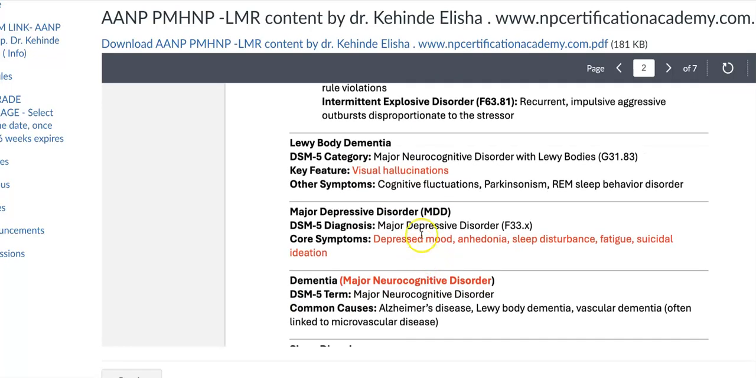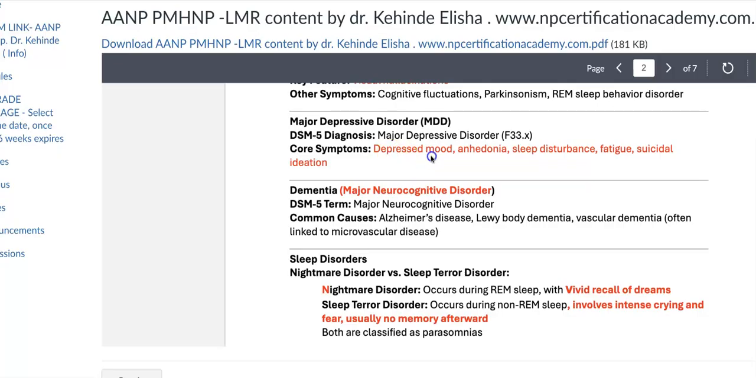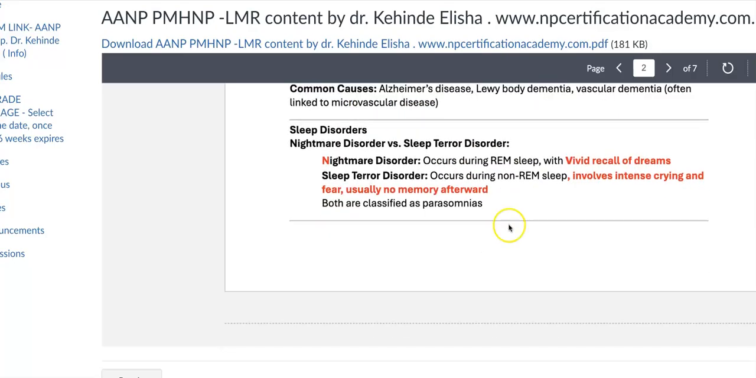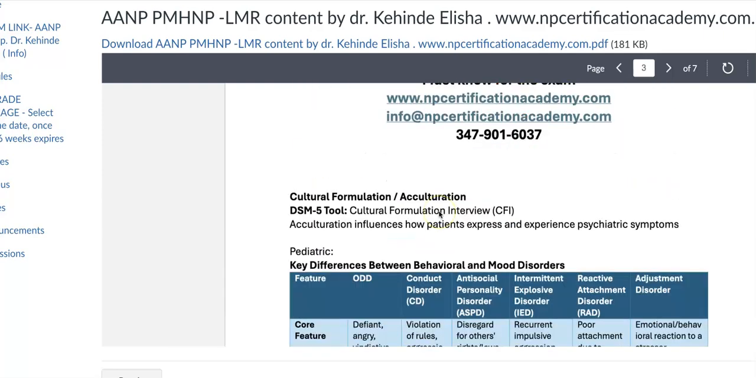ODD, what does it really mean? Lewy body dementia, visual hallucinations, major depressive disorder, depressed mood, anhedonia, sleep disturbance, fatigue, suicidal ideation, major neurocognitive disorder, sleep disorder, nightmare, vivid recall of dreams, sleep terror involves intense crying, fear, usually no memory afterwards, and so on